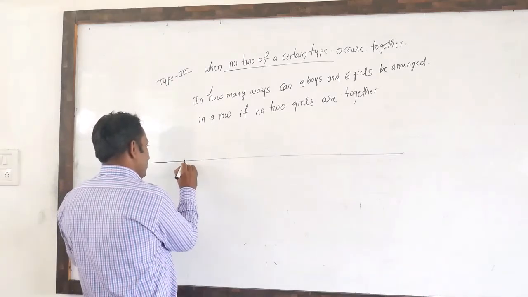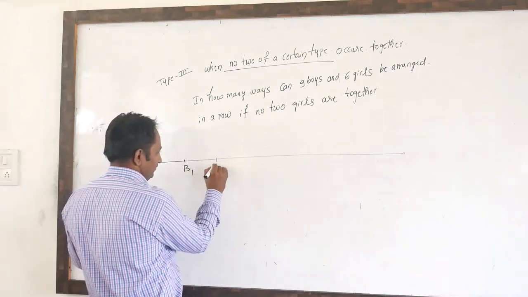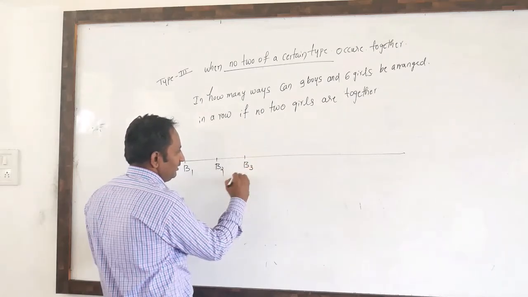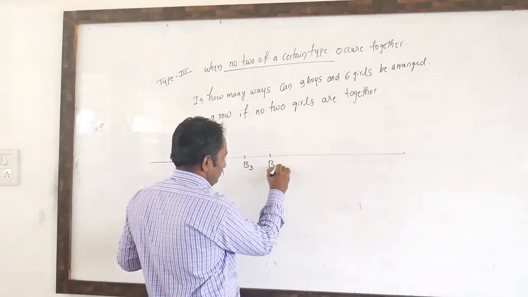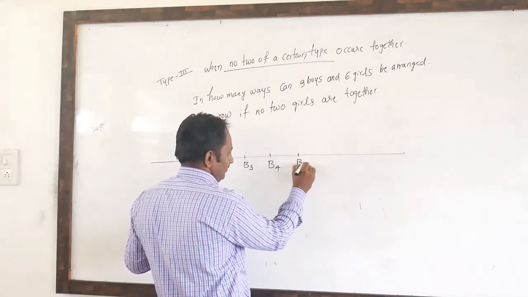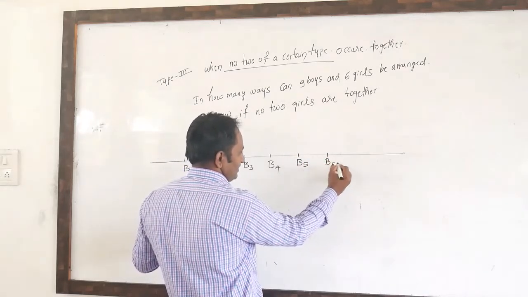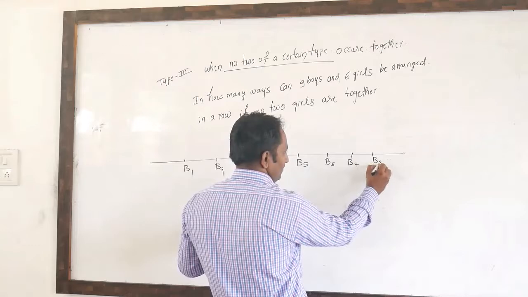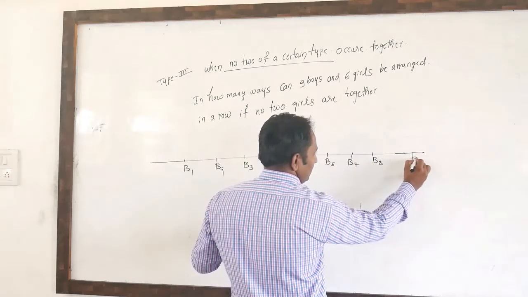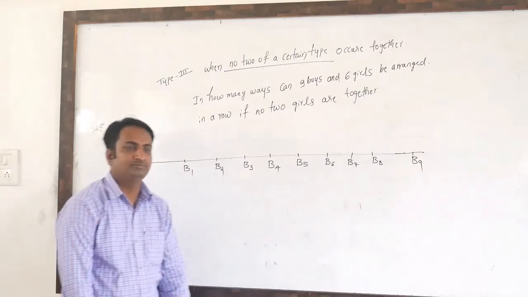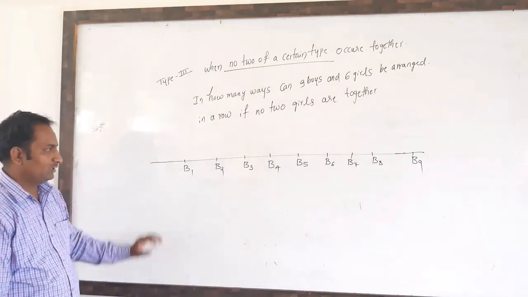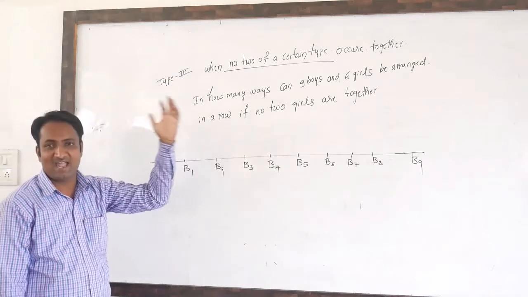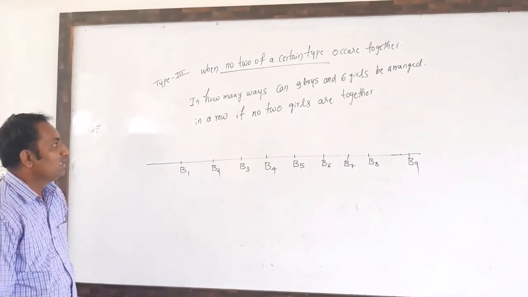Here we can take the boys B1, B2, B3, B4, B5, B6, B7, B8 and B9. Here one row, take one row here. How many ways can 9 boys and 6 girls we can arrange, if